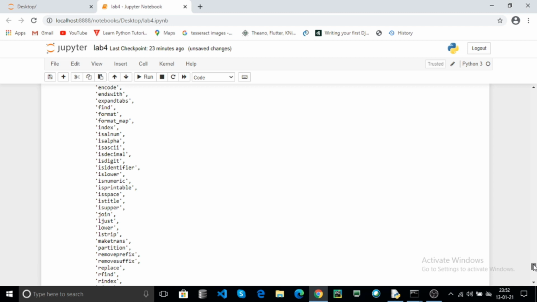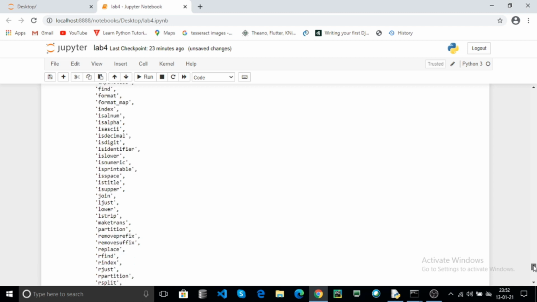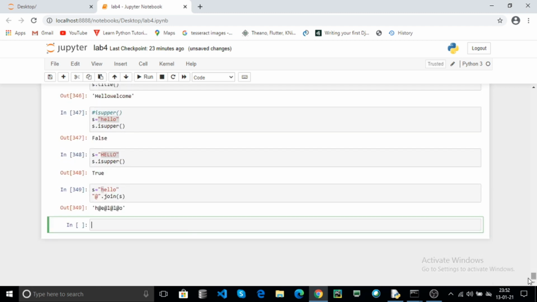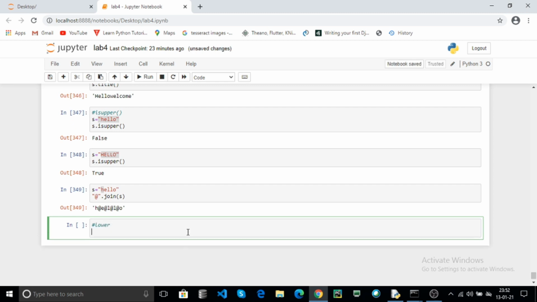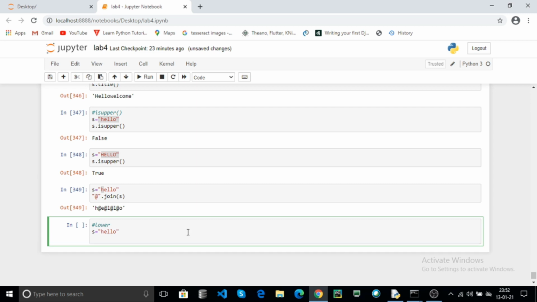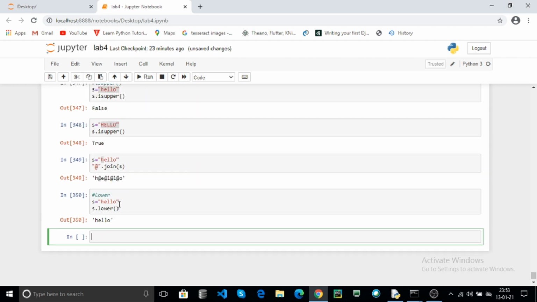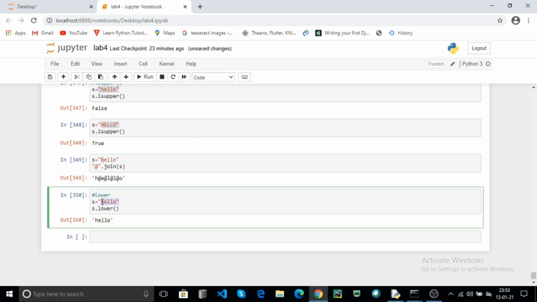Now use the lower and upper. For example, if your string contains lowercase, you can use the s dot lower. Here your string will be converted into the lower.